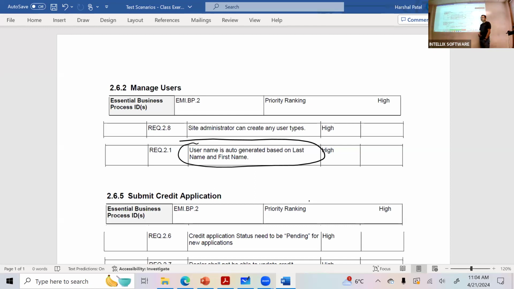I don't think it's complete because we also need the addresses of the city. We are not talking about address or city right here. We are talking about first and last name only. The username is based off those first name and last name. I don't care what we enter for address. There are so many, like 50 other fields. The whole requirement is based off first and last name and the username. That's all. So narrow down your scope. Forget about everything else. You need to focus on the specific requirement. That's what you need to test.